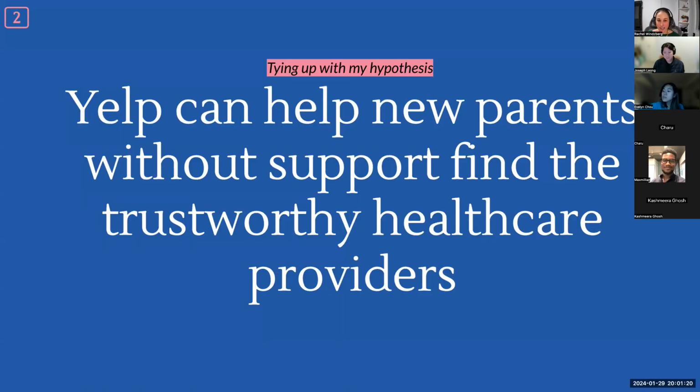Okay. So I'm tying it up with the hypothesis. Every time I try to refine my hypothesis. So Yelp can help new parents without support find trustworthy healthcare providers. That's my hypothesis at this point. We can talk about how we measure